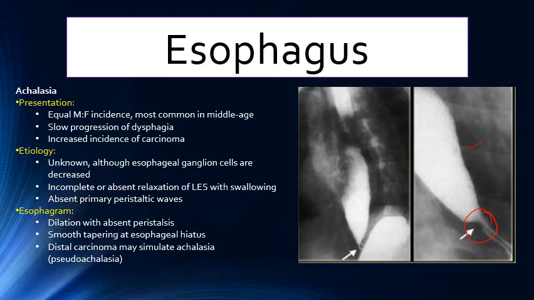Then we have a dilatation above this area, forming funneling of the distal part of the esophagus. This will lead to accumulation of food, as we see here, food and gas within the parts of the esophagus. It will be mixed with the barium, as we see here, and this is the end part of the stenosis. This is what appears in the esophagogram. It occurs due to esophageal ganglion cell disorder, and leads to one of the swallowing disorders of the